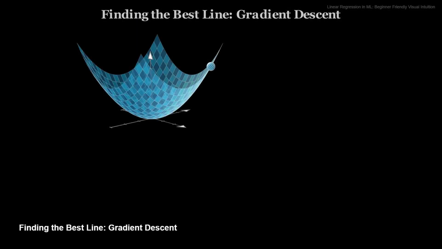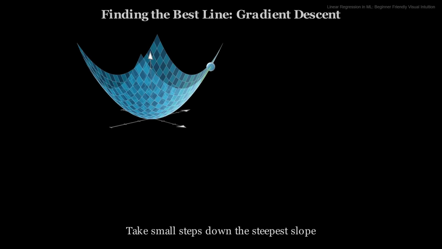So, how do we actually find that lowest point in our cost landscape? One common technique is called gradient descent. Imagine you're blindfolded on this hilly terrain and want to reach the bottom of the valley. You'd likely feel around to find the steepest downward slope and take a small step in that direction. Gradient descent does something similar mathematically. It iteratively adjusts m and b by taking small steps in the direction that most rapidly decreases the cost. By repeating this process many times, we eventually converge on the optimal m and b that minimize our